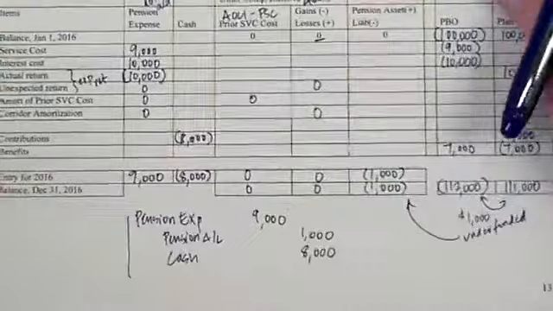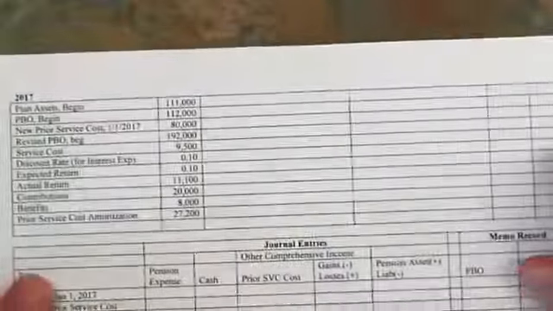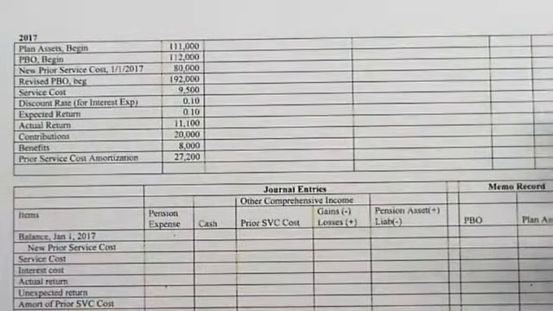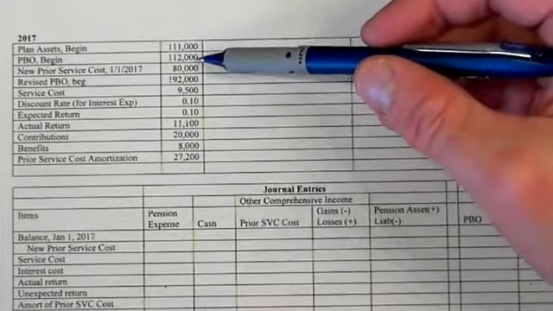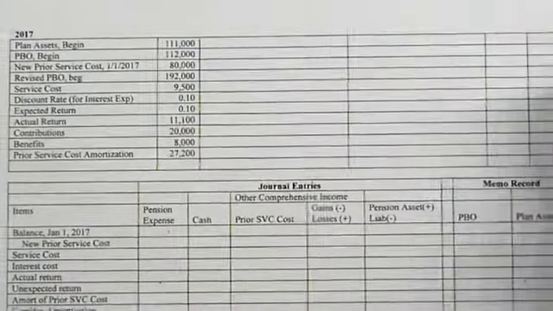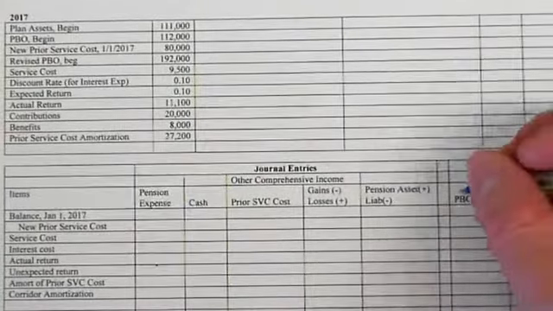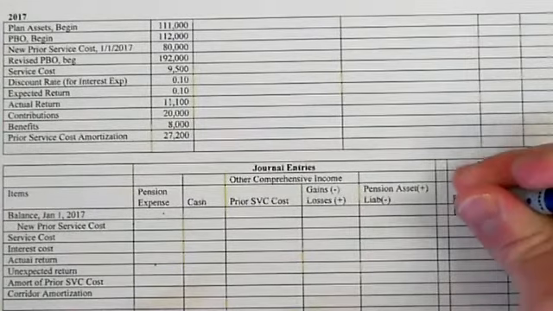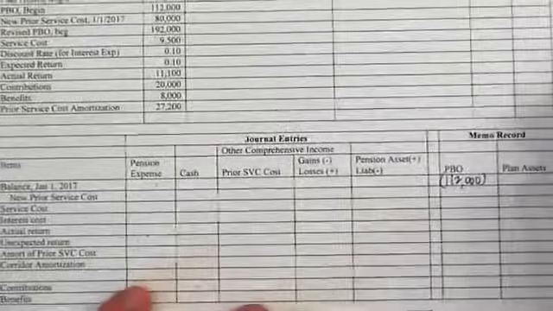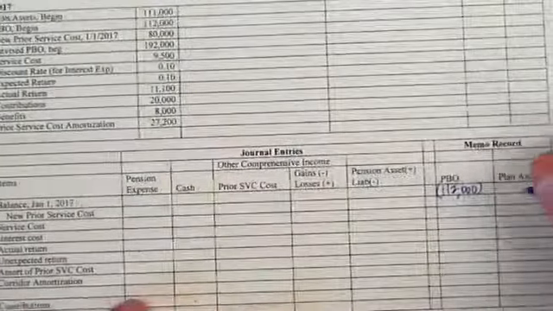So let's throw something a little bit more complicated in there. And we'll look at 2017. Now, 2017 is just rolling forward. It has the correct balances, 111 and 112. We can go ahead and insert them here. We have a PBO beginning of 112. And again, that's an obligation, so we'll go ahead and put that in parentheses. The plan assets is 111,